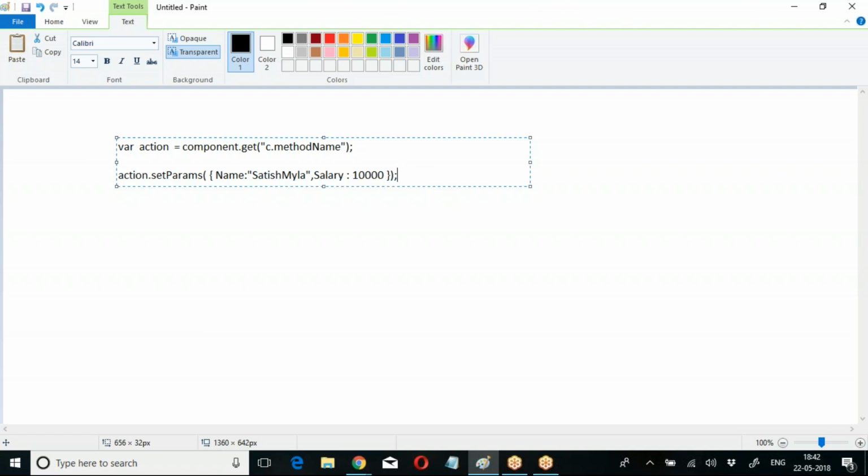Right? Are you getting my point? The remaining operation is the same. So if you are trying to call a method, action.setParams, name, salary. I hope you are clear with this. So we'll see the execution part in the